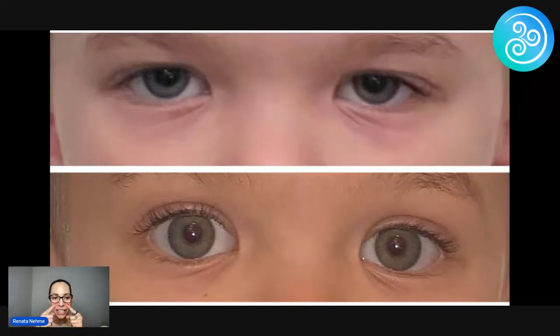We also see these little lines underneath. It's a little fold underneath the eye. Those are called Dennie-Morgan lines. It indicates 78% chance of somebody having allergies. So usually if I see that on my patients, with every myofunctional therapy patient, we address allergens and how to improve the air quality. So a lot of times just by itself, they get a lot better. However, sometimes we do have to refer them to an allergist or to an ENT to look further into anything else that could be possibly bothering their breathing.